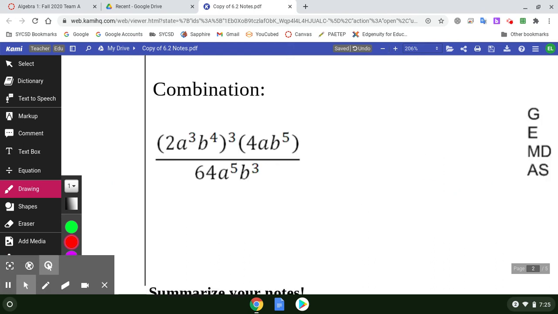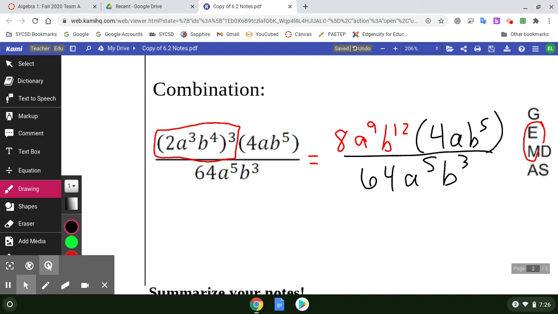Lastly, we can complete a combination of multiplication, power, and division, or I could say the product rule, the power rule, and the quotient rule. Now, according to order of operations, the power rule should be applied first. So notice that would occur with this expression right here. We must use the power rule. So this becomes,